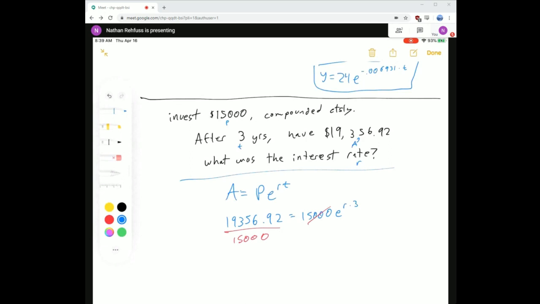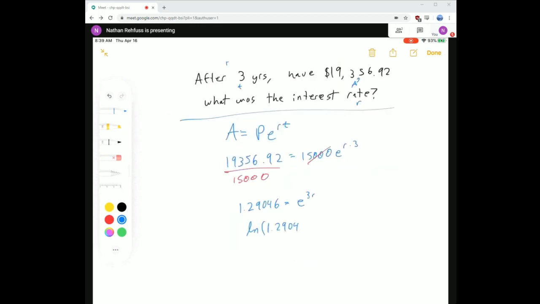And when I do 19K over 15K, well, let me plug this into my calculator then. 19356.92 over 15,000. And again, I'm going to give a lot of digits just to make sure my final answer is as accurate as possible. I get 1.29046 equals e to the 3r. Next thing I'll do is take the log of both sides to get rid of that e. The natural log of 1.29046 is 3r. And we can divide by 3. And so my final answer, if I take the natural log of this number and then divide that by 3,